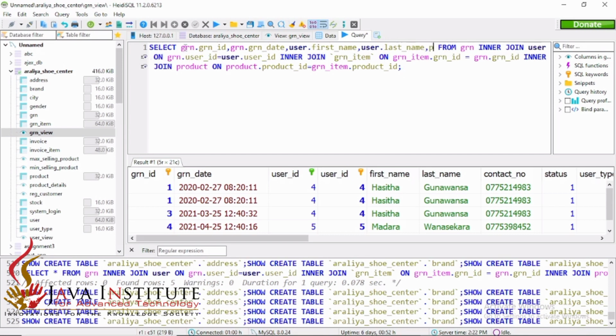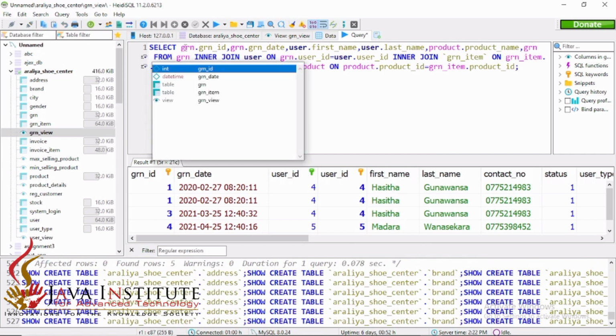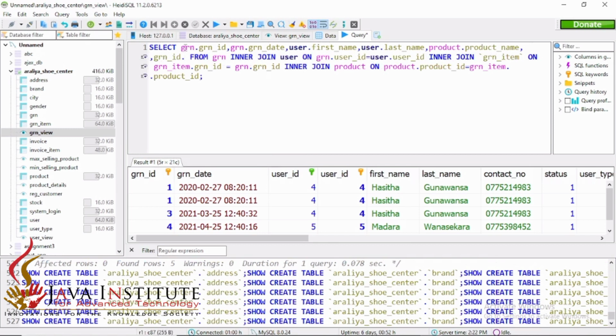Okay, so we have to find out only the product name here from the product table.